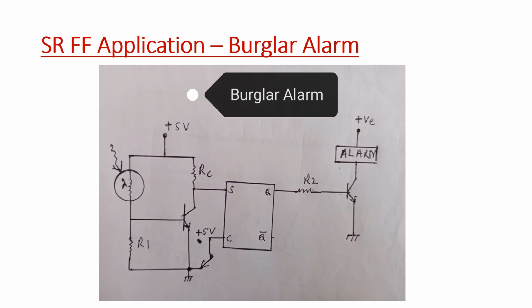The alarm will remain on till such time that you apply high on C. So the inhabitants of the home get up, and when they want to switch off the burglar alarm, they come and throw this double throw switch from 0, that is ground, to positive 5 volt. This positive 5 volt, or high voltage, is applied on C, and obviously the flip-flop is reset, and then the alarm is off. So this is what I want to say today as far as the applications of the SR flip-flop are concerned.